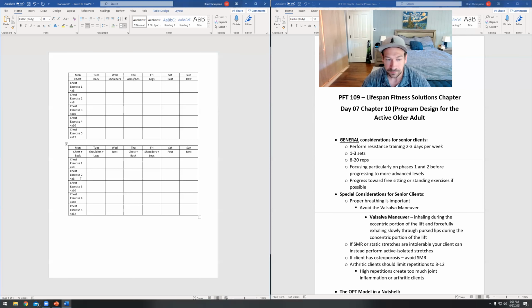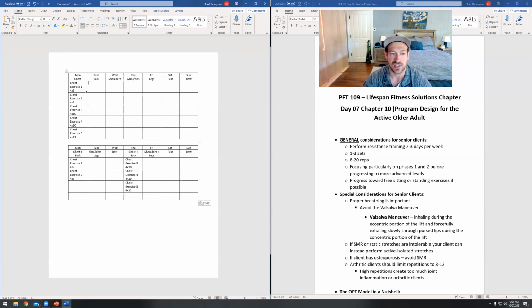And all we have to do is take chest exercise 1 and 2 and leave them on that first day, and take chest exercises 3 and 4 and move them over here. Now imagine if we filled out this entire worksheet here, we would have back stuff and shoulder stuff and arm stuff and things like that. But we would just take those exercises, right? We would have,